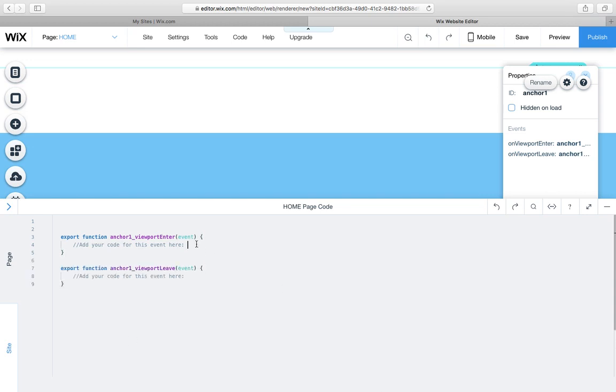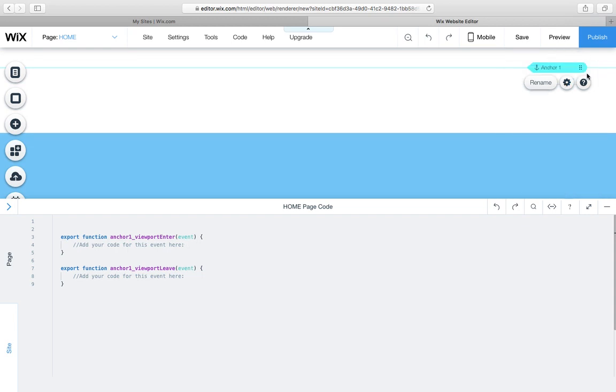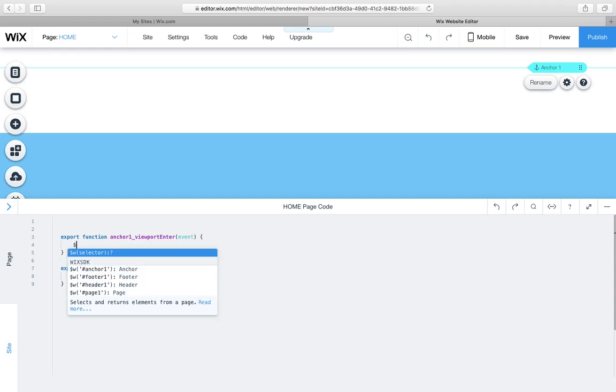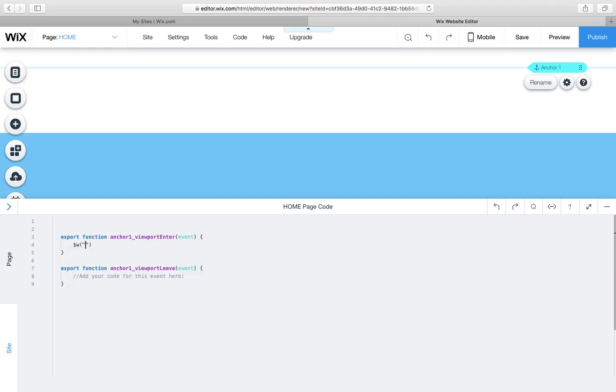Okay, that's basically it for what we're going to add to the page elements. I'm going to close that. Now on Viewport Enter, it's basically when the screen scrolls back into the anchor, so we want this to be the same color as it is now, the same color that your page loads. So I'm going to say $w('#header1'), which is my header's name, .style.backgroundColor